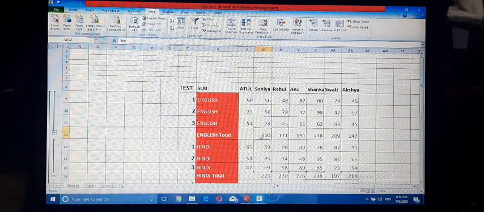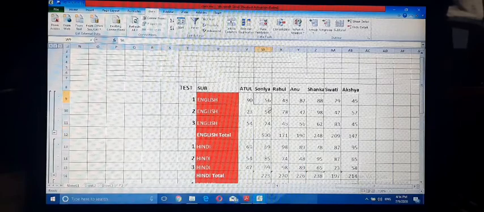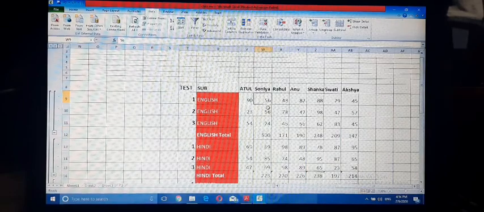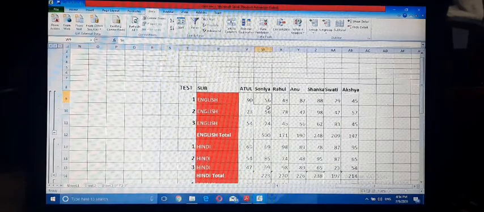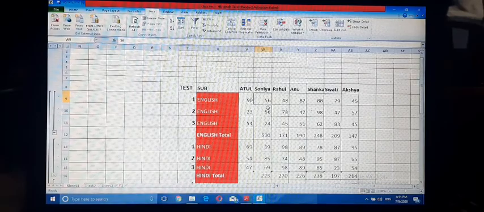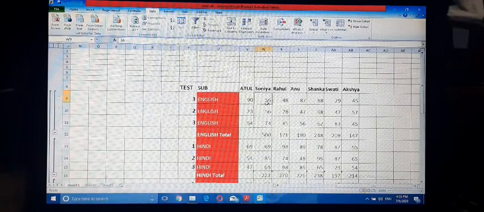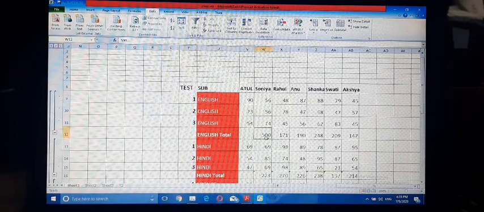First we set the goal, then by changing the argument cell you can find how many marks Sonia will get to reach an English subtotal of 500.